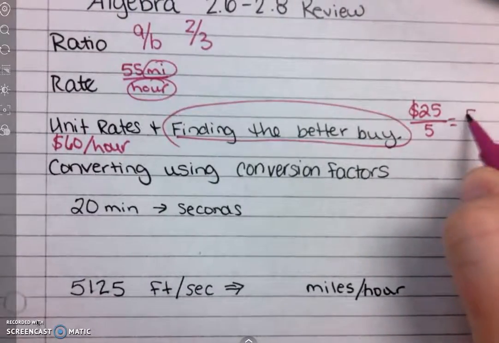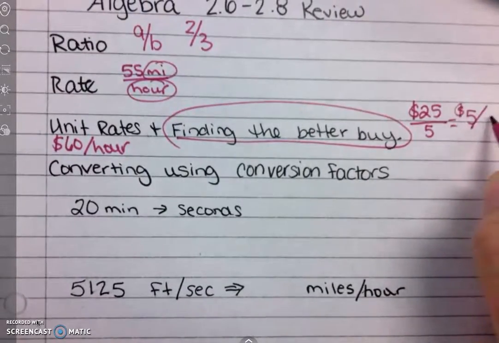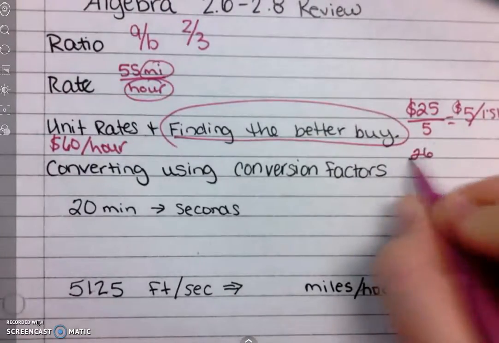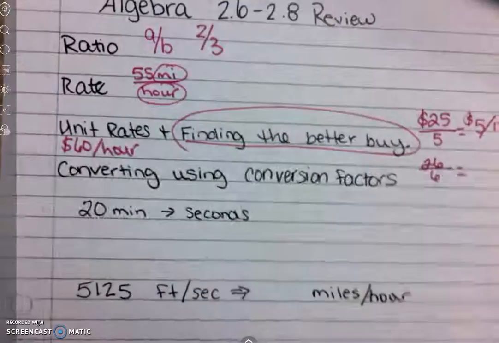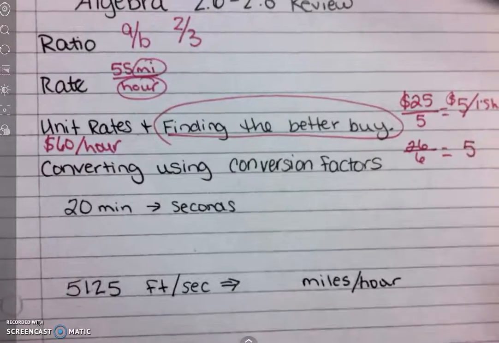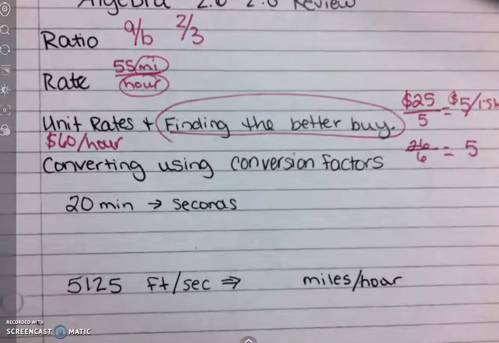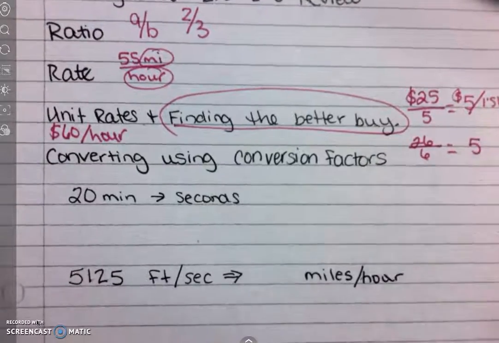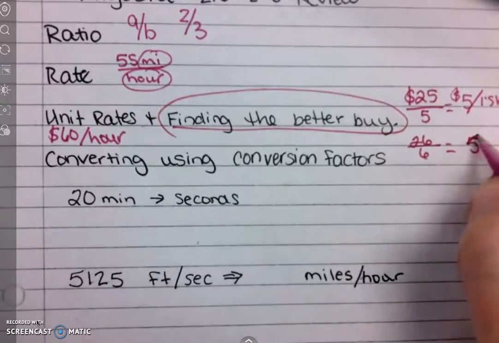So this would be $5 per 1 shirt, right? And then if it was $26 for 6, you would divide those out. What would that be? $4 and some cents. But you would want to actually figure it out. Use your calculator and do the math out. I'm just going to go ahead and do that. Oh, sorry, $4.30